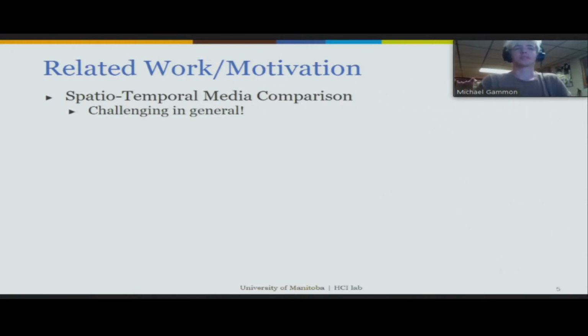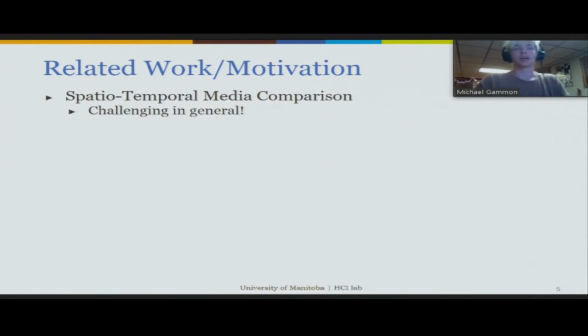So for instance, a photograph is simply spatial media since it only exists in one instant in time. On the other hand, something like a video has the two spatial components of a photograph along with an additional time component. In her 2017 paper, betaCube suggested that visual temporal media, such as, in our case, animated joint angle data, can be uniquely difficult to compare